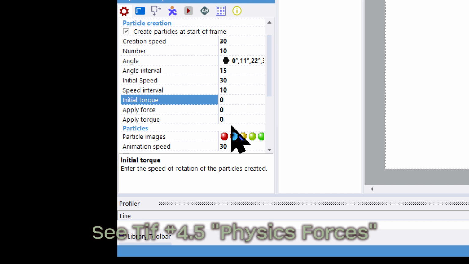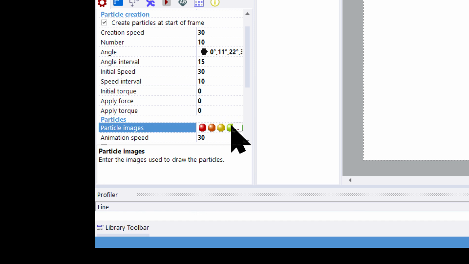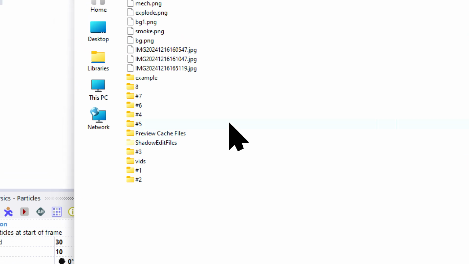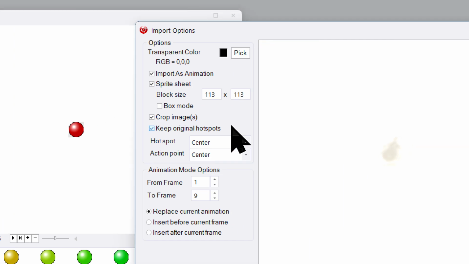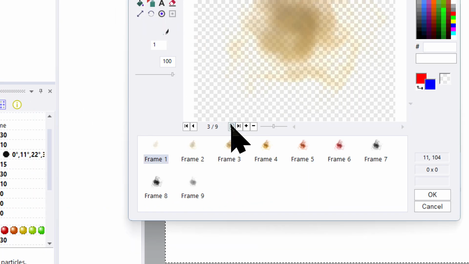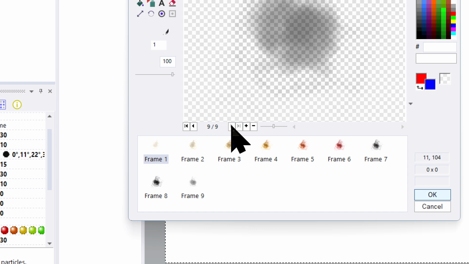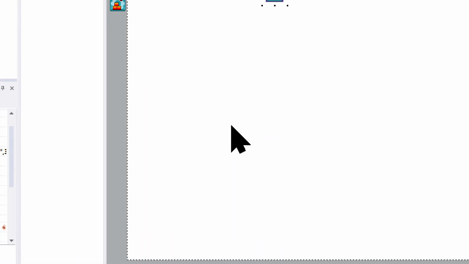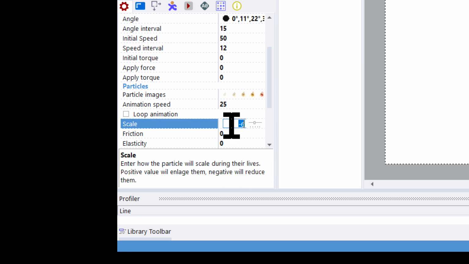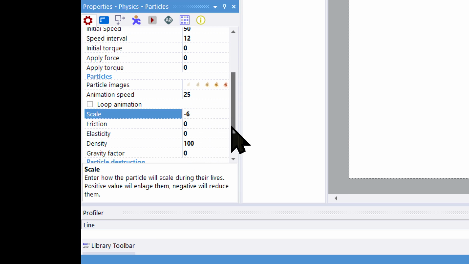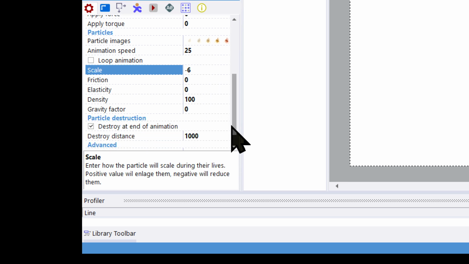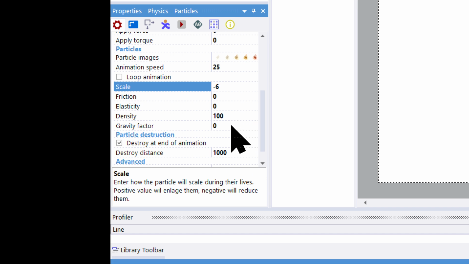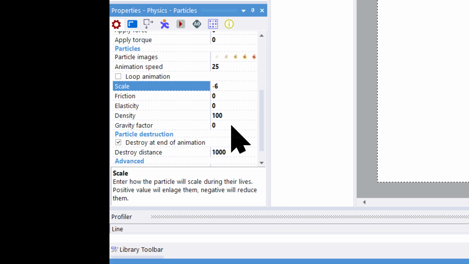So I'm going to make adjustments to this so that the explosion happens quickly. I'm going to add my own animation and set the animation speed, and it's not to loop. So it starts off bright white, goes through orange, yellow to red to black. Scale, I'm going to set to a minus number, so it decreases the further it gets away. I'm not going to have any friction because it's not going to collide with anything. No elasticity. Gravity. If we were having something like snow, it would have extremely low gravity or possibly no gravity